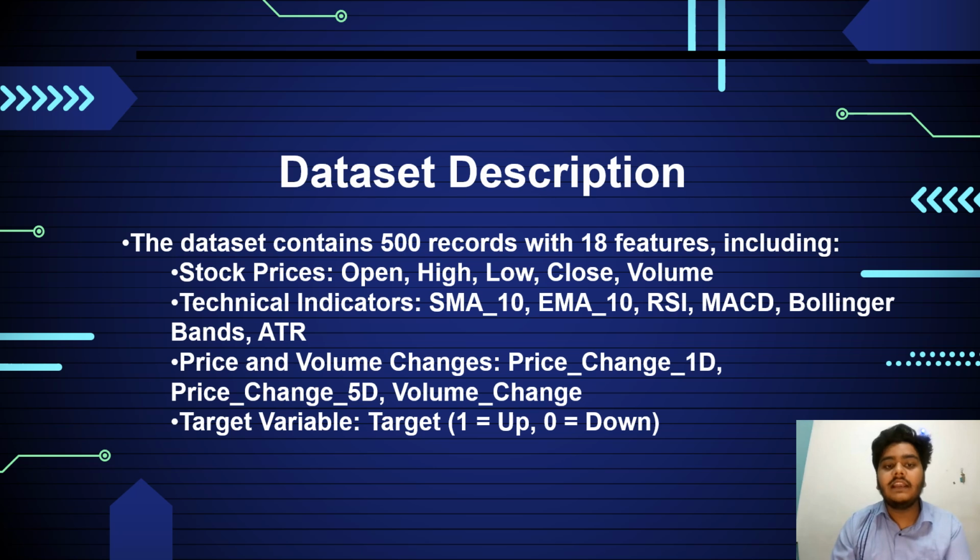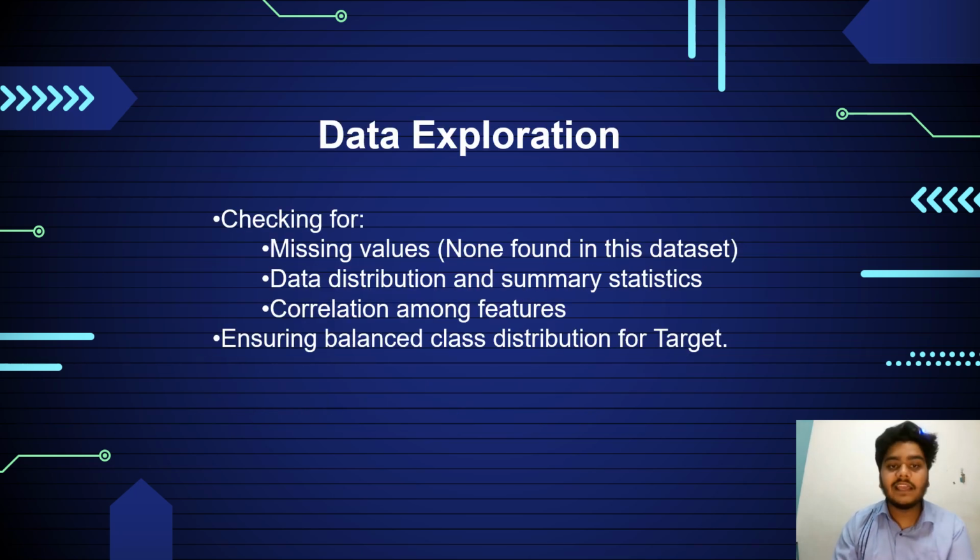Data description. The data contains 500 records with 18 features including stock price, open, high, low, close, volumes. Technical indicators like SMA, EMA, RSI, MACD, Bollinger Band, ATR, and price changes 5D, volume changes, target variable, target 1 up, 0 down. Data exploring: checking for missing values, none found in the dataset,